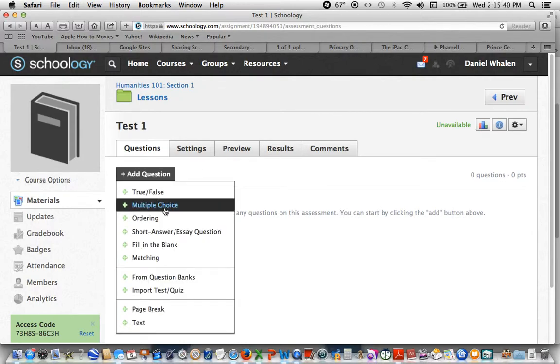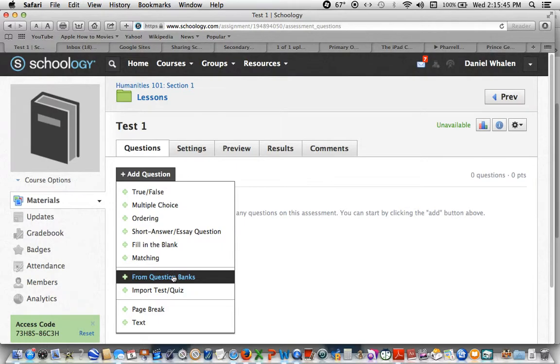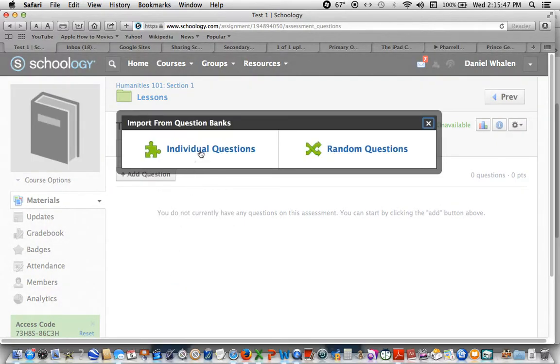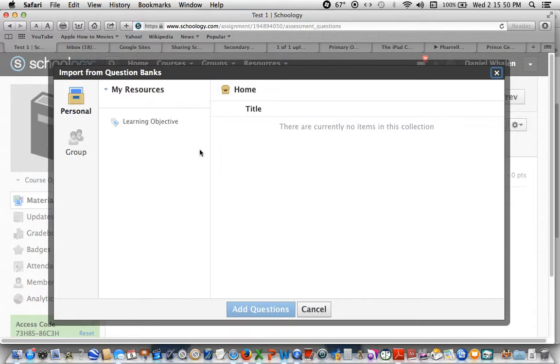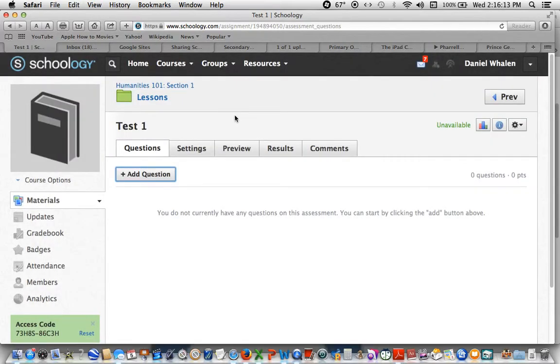You can do true, false, multiple choice, ordering, short answer, fill in the blank, matching, import from question banks. Now, if you have information shared somewhere, then you can pull out of resources. But check this out. When I click on group, oh, I'm not part of a group. There are no. Oh, maybe there's just nothing in social studies. Okay. Well, let me stop this video for just a second, and I'll make